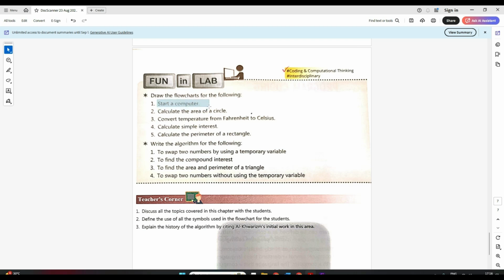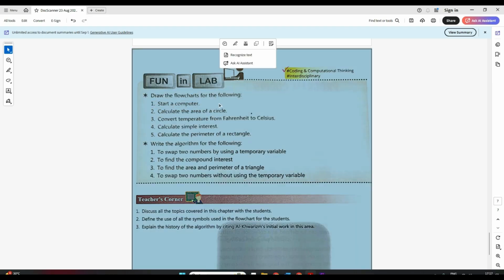Start a computer. You can have a different algorithm or different steps to start a computer. Maybe the first step will always be start. In the second step, maybe switch on the plug point, right? Third step will be switch on the computer. Then the fourth step might be input the username and the password, which they generally ask, right? So enter the password, and this is a way we can start a computer. That's a step, right? This all will be in the processing box because there is no input and output we are taking. Everything will be in the process box.